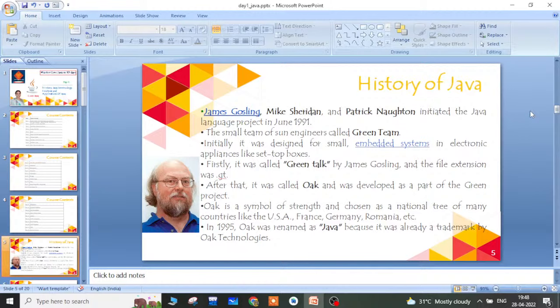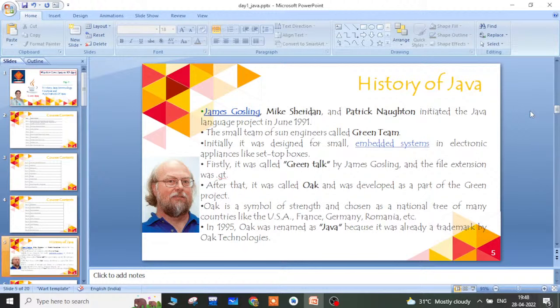Firstly it was called Green Talk by James Gosling, and the files created in this programming language were given the extension .gt.